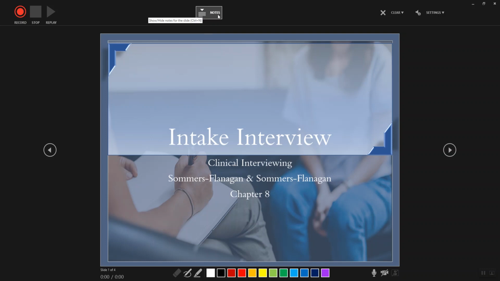Up in this box right here are your notes. If you have notes to help you follow along, you would simply use the notes section. It'll stay open while you're recording so that you're able to see the notes and follow along. Once you have that set up, you simply click on Record,